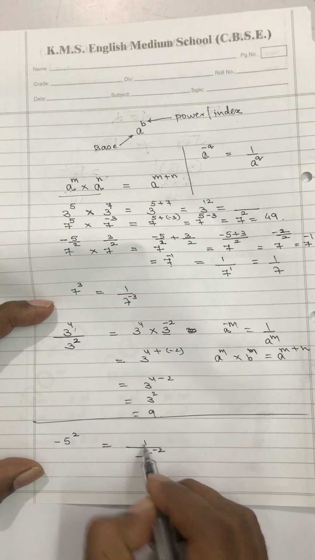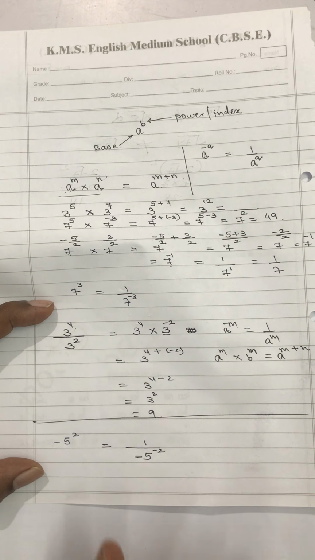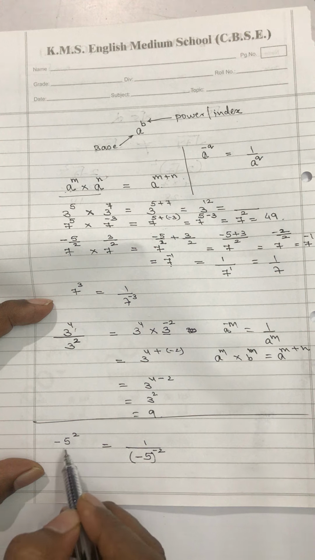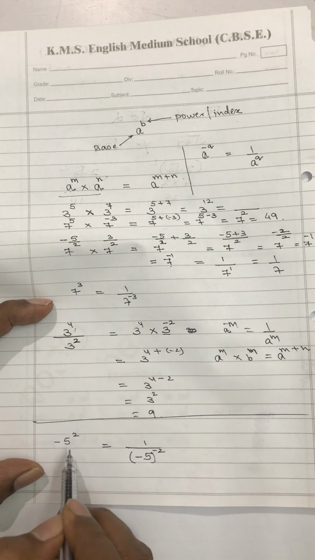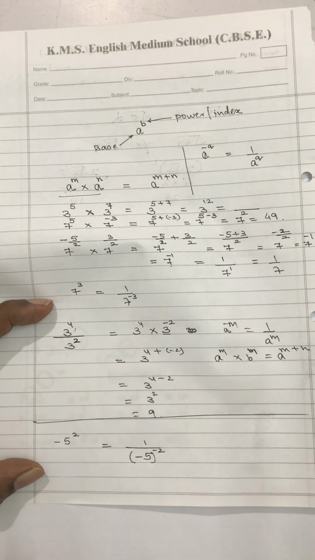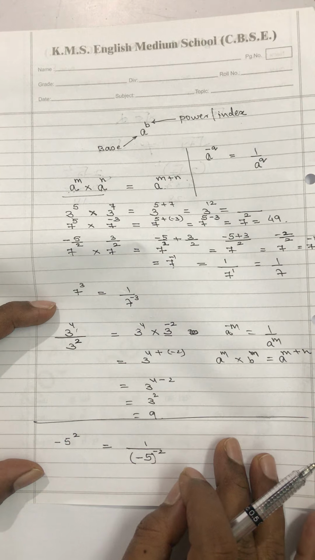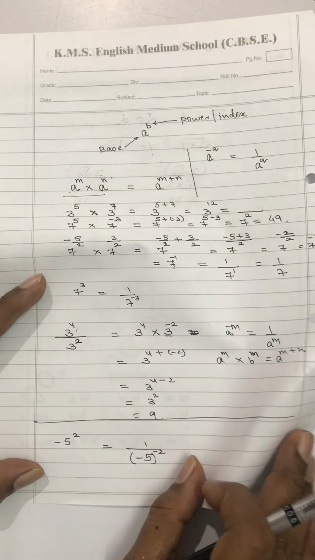Remember, it will become like this. This we never do, we don't have to do, but if supposing I apply that rule that I am going to change the place of the base, then the sign of the base you will not touch. Whatever is the sign of the base, that will remain same. You will only change the sign of the power. Are you getting? So these are the rules that we have understood by now.